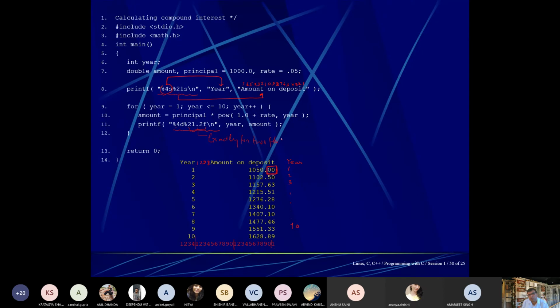Fine. Now let me show you one calculation. Actually, this is principal, and principal is given as 1000. 1000 multiplied by power. Some power is there. What is the power? 1 plus this rate 0.05 to the power year is 1. Now this is 1000 multiplied by 1.05, and if you calculate this value, this will give you